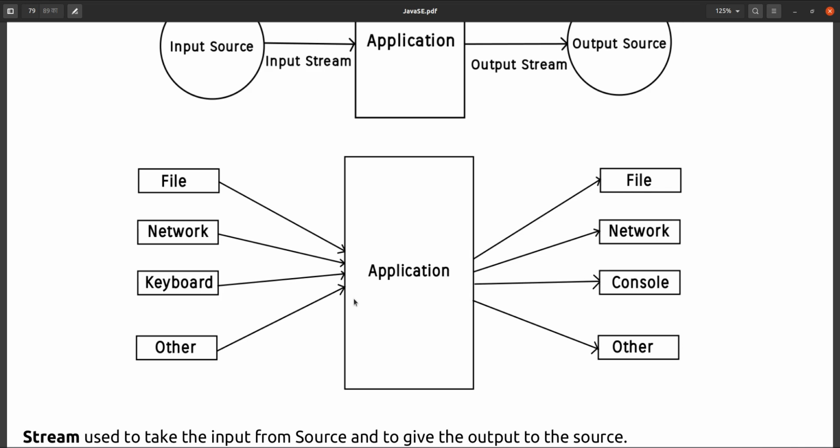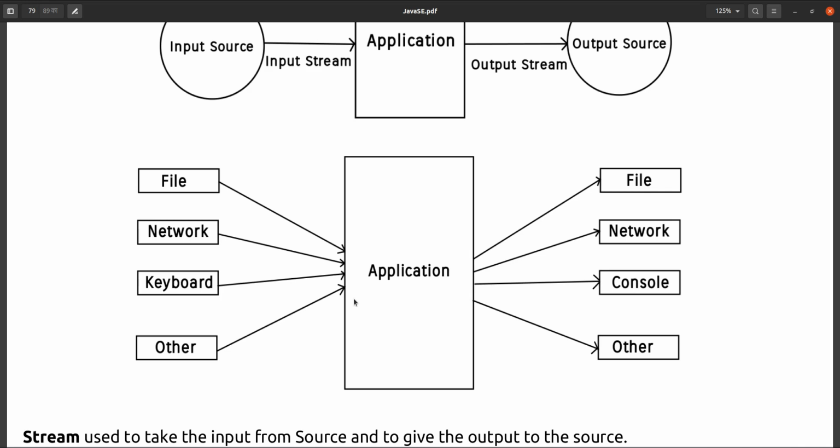An input source can be a file, a network, your keyboard, or any other source, like a mic, your mouse, or your scanner. So all these devices or resources can be your input source.